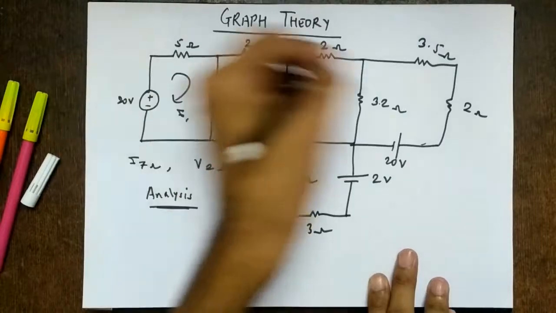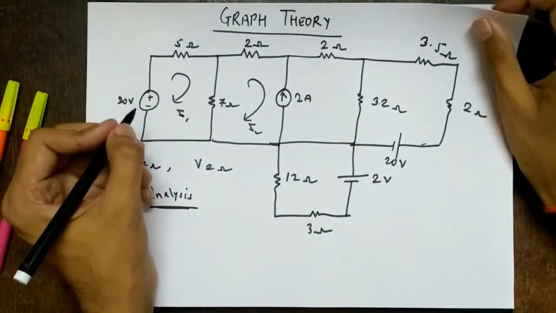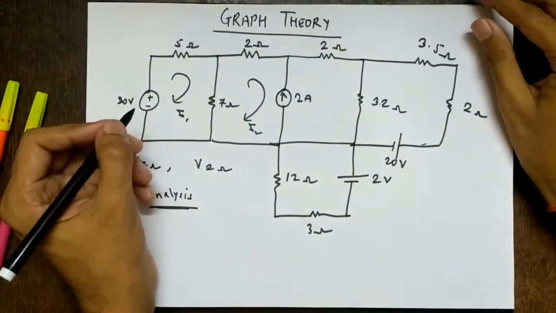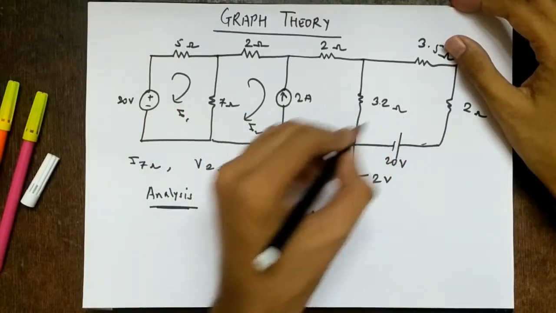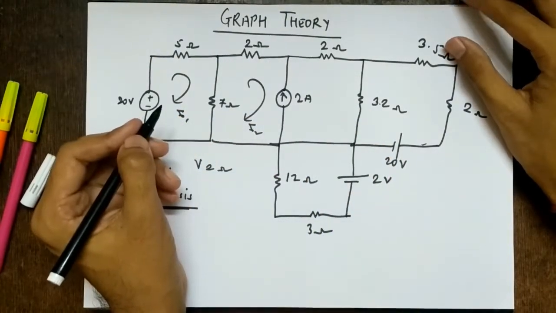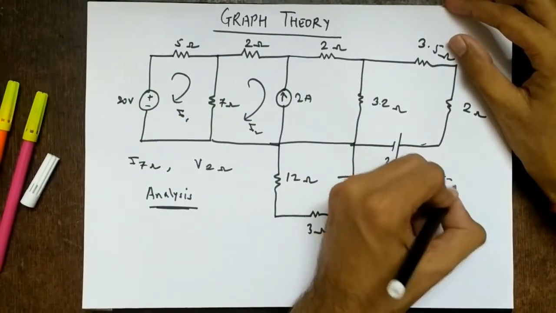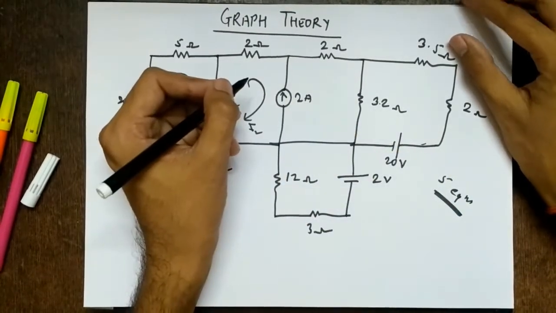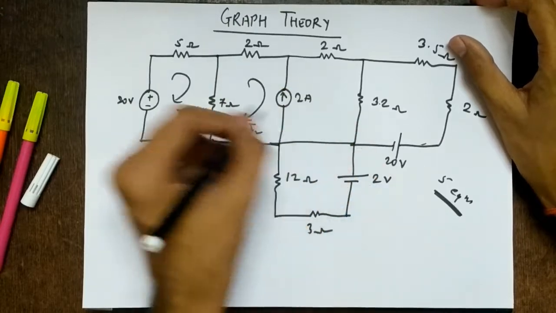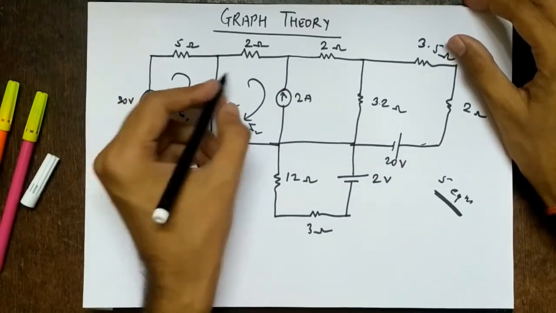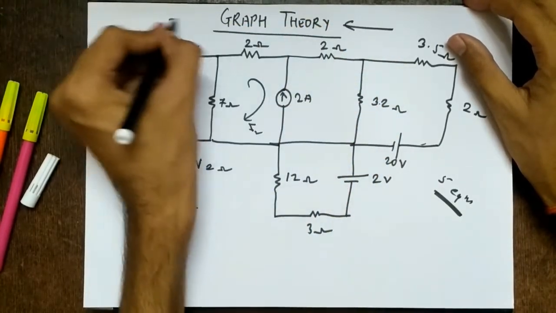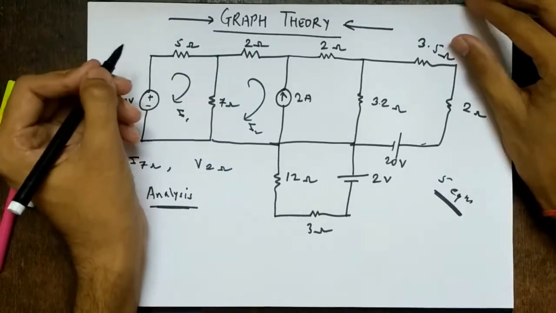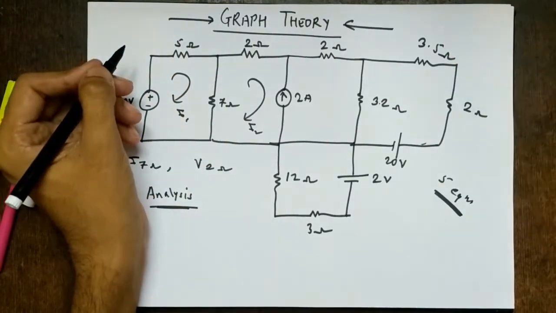So you cannot solve this by the normal hand method, right? Because there are 1, 2, 3, 4, 5 meshes, right? So 5 meshes means if we are using KVL, you will have 5 equations. You cannot solve them using Cauchy also, right? So these networks are very complicated. So when the network becomes too complicated, graph theory is what we use. So graph theory comes to the rescue when the network is very complicated.